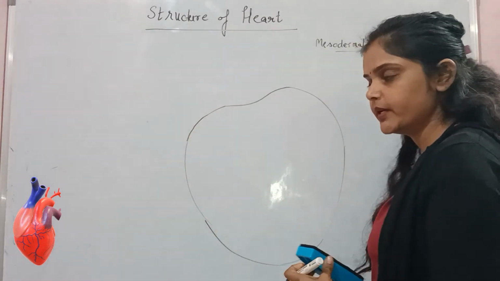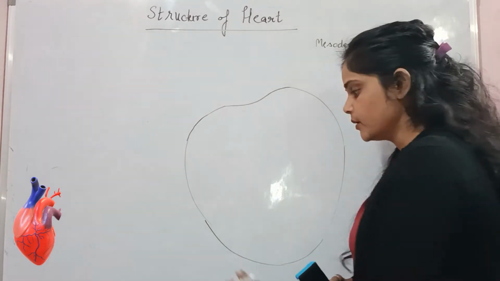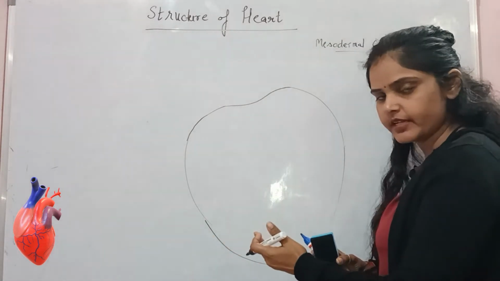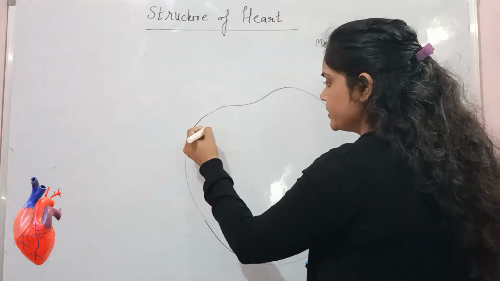If I say it's a human heart, its upper part is known as what? The apex, and lower part is known as what? The base. The apex tilts a little to the side. Okay. Another thing is that chambers. Okay, the chambers which are present in the human heart are